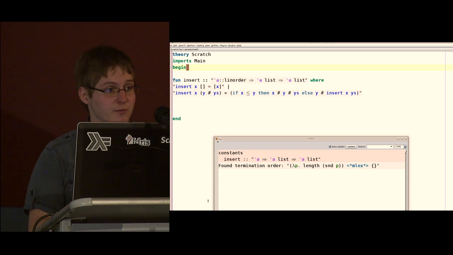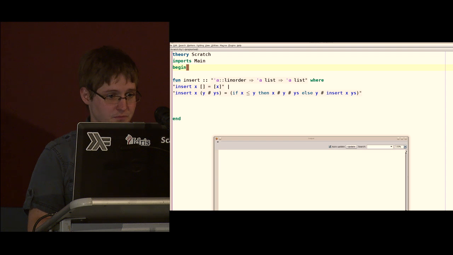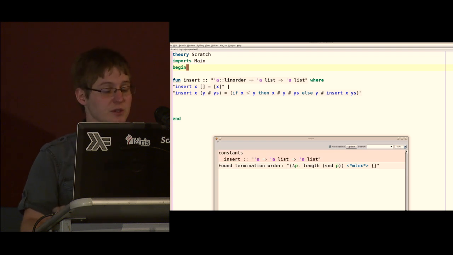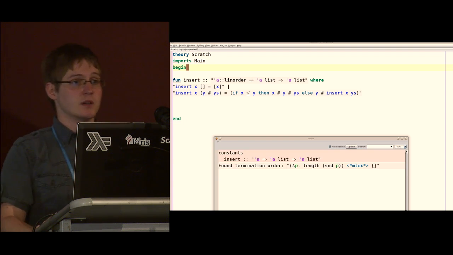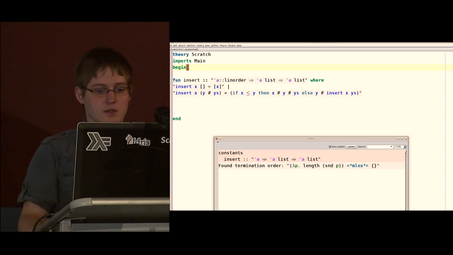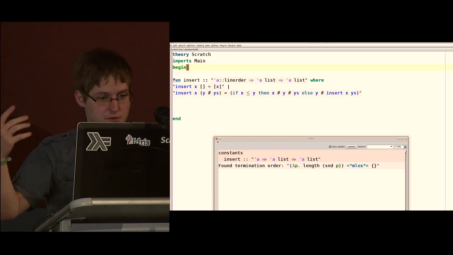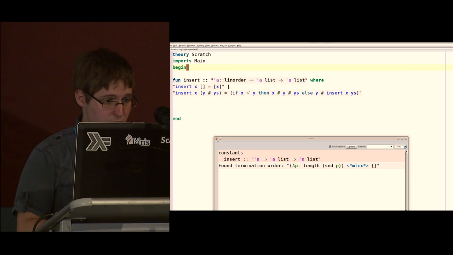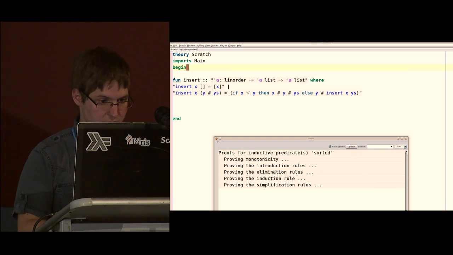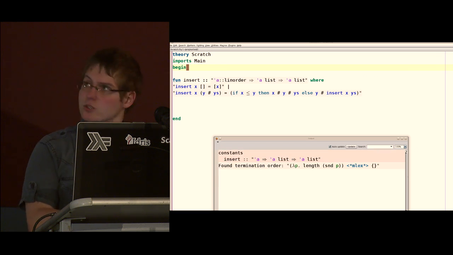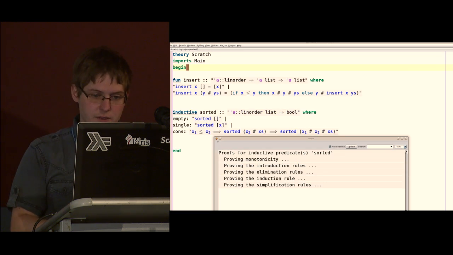So, okay. Now we need to figure out the correctness, and I've already told you that we need to define what correctness actually means. So what does it mean for a list to be sorted? To do that, we define a so-called inductive predicate. It's sort of like a function where you say this is a list, please check for us if it's sorted. I'm going to copy paste it because it's a little bit of typing, but it should not be too difficult to understand, I guess.